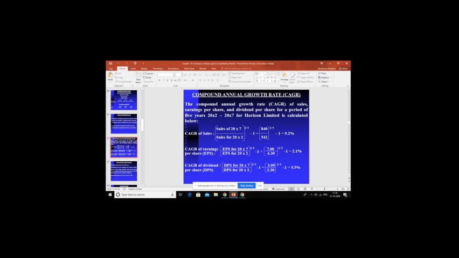Three things are given: CAGR of sales, earnings per share, and dividend per share. The annual growth rate of sales, the annual growth rate of EPS, and the annual growth rate of dividend per share are being calculated in this particular slide. As absolute figures, these figures may not be of any use, but what we are going to do